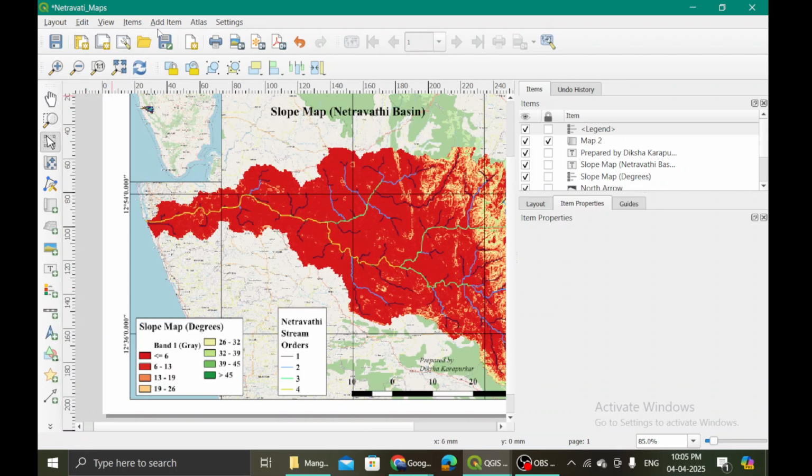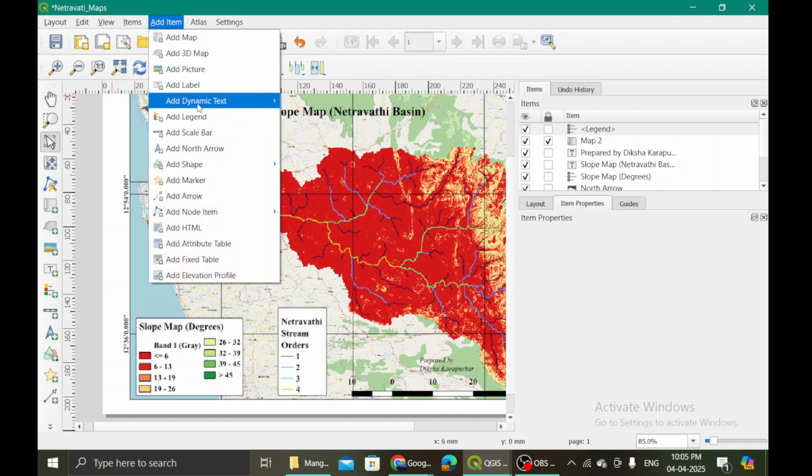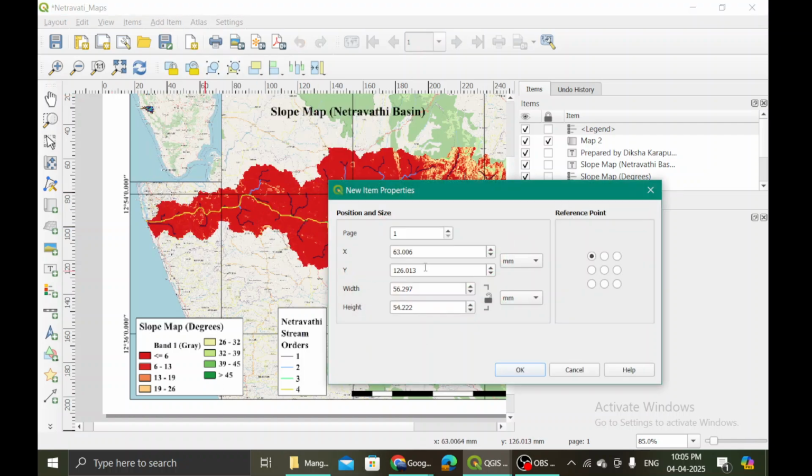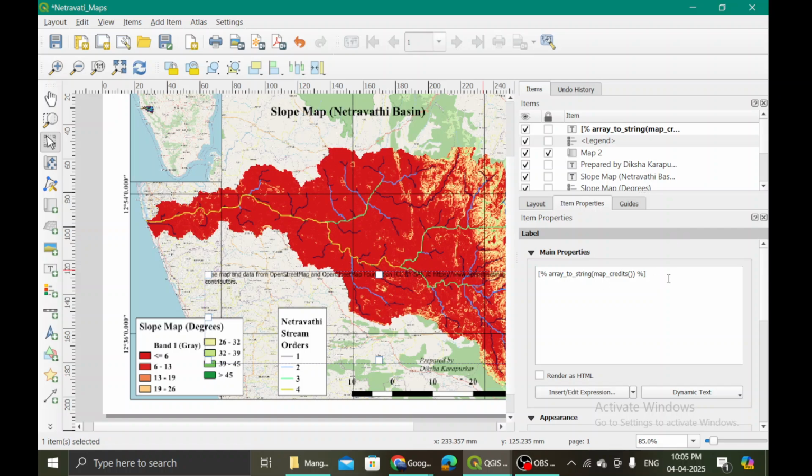Often you want to add some source, no? So add data, add dynamic text, current username, project path, project title, layer credits. So if you want to add layer credits, you can add from where you have downloaded this data. So source, source is what?